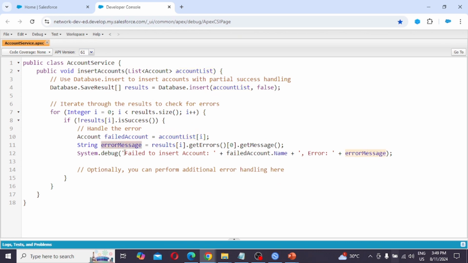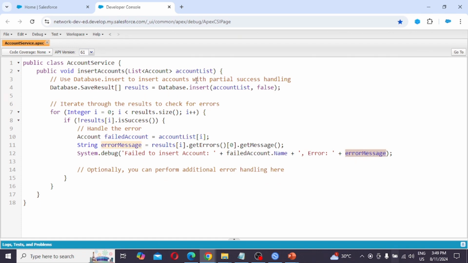String errorMessage = results[i].getErrors() and getMessage method. So System.debug is used to display the information: failed to insert account, failedAccount.Name, and for the error we are displaying the error message.